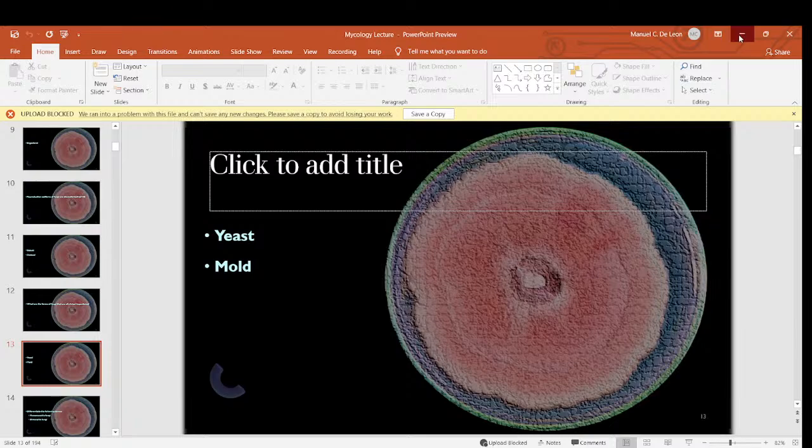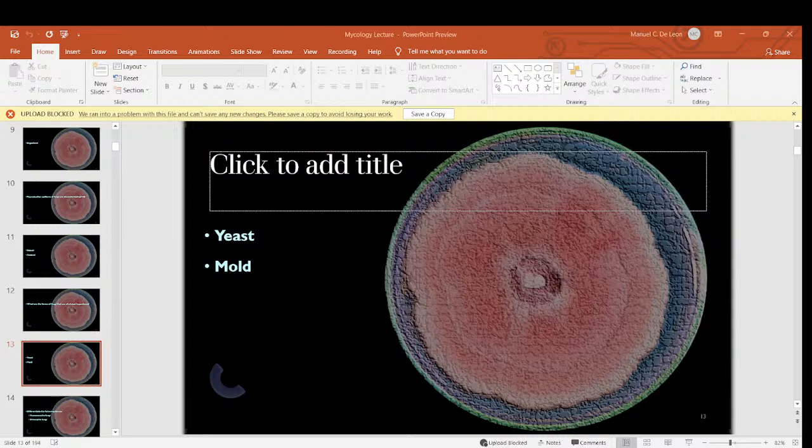All right. Now, let's move on to the next things that you need to remember. Differentiate the following terms. What is a monomorphic fungi and what is a dimorphic fungi? Monomorphic fungi are usually seen in one form in the human body, while dimorphic fungi can be seen as either yeast or mold in different parts of the body. A typical example of this